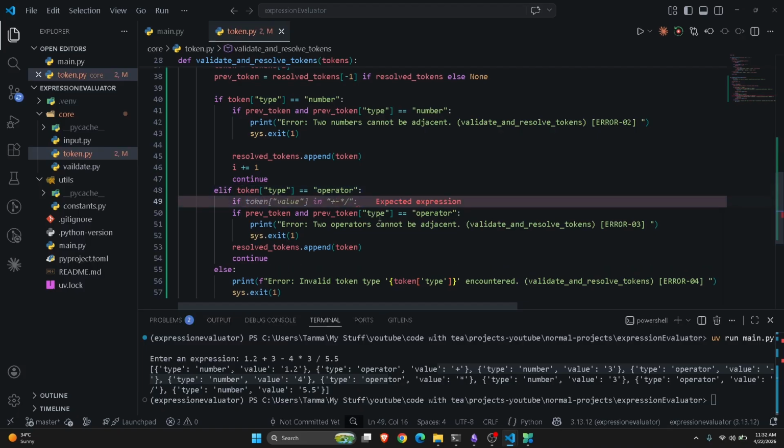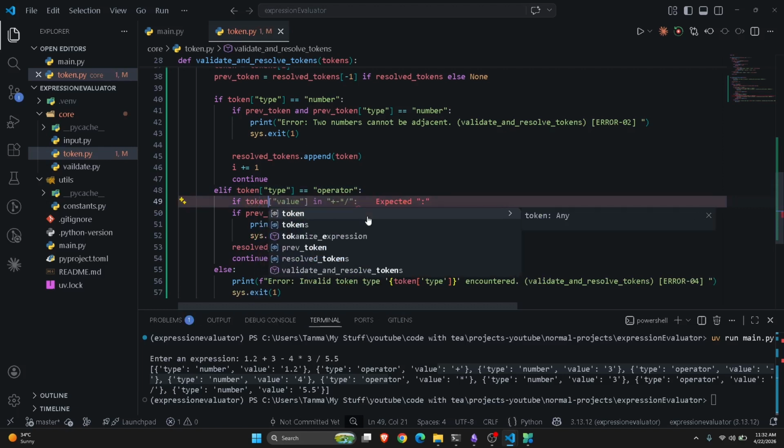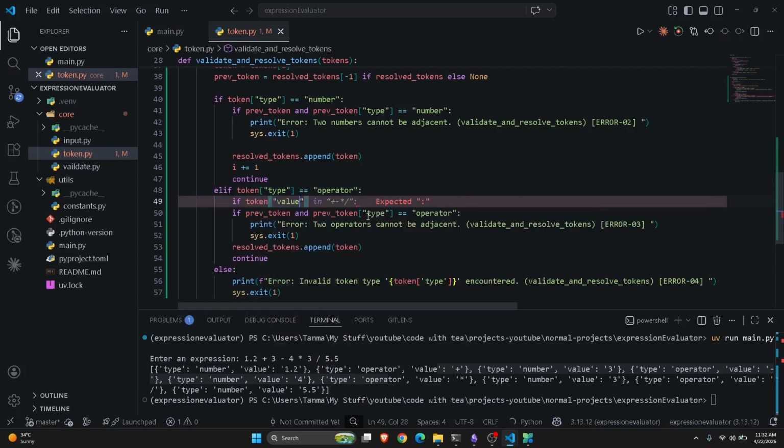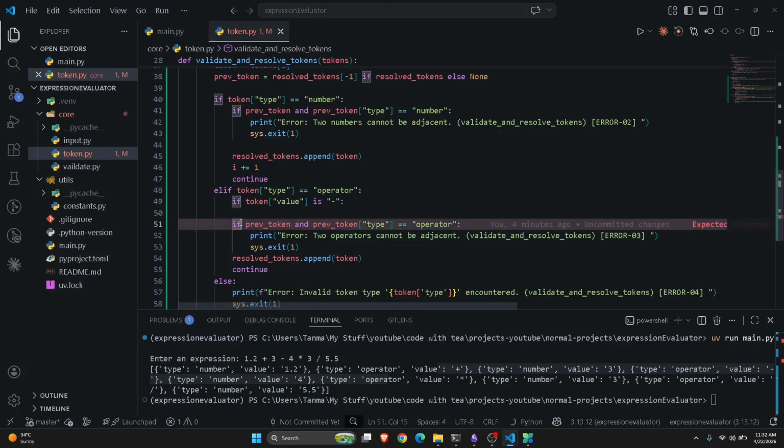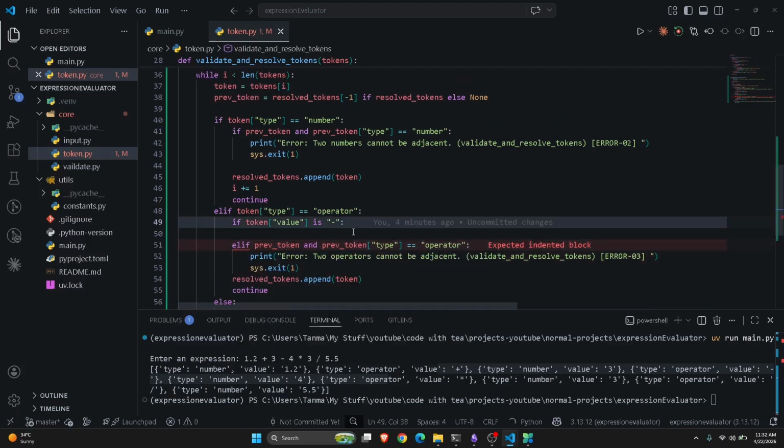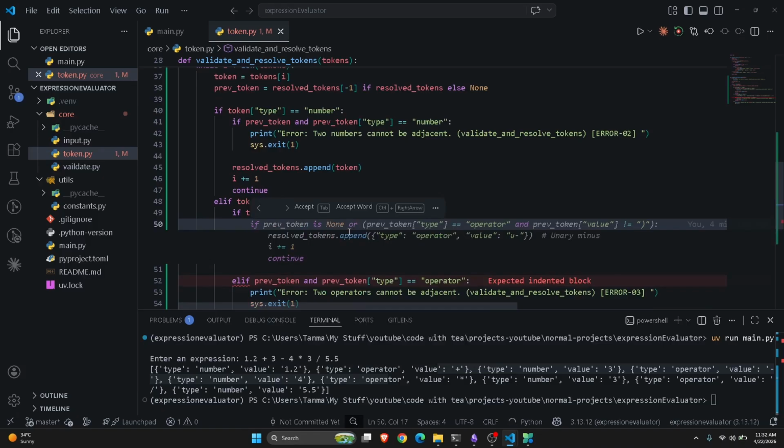If token value is minus, elif, if token value is minus, what we have to do is we have to